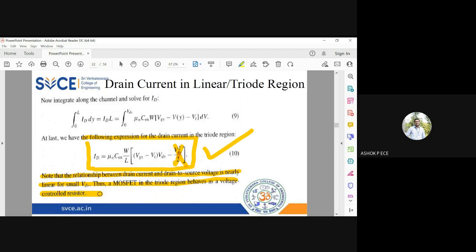In the triode region, MOSFET works as a voltage controlled resistance. I told you it is just a variable resistance, and the variable voltage comes from VDS. So as long as VDS is small and controllable, this MOSFET works as a resistance in the triode region. This is the expression for drain current in the triode region. So once this VDS becomes large, more than VDsat, then we have what is called the pinch